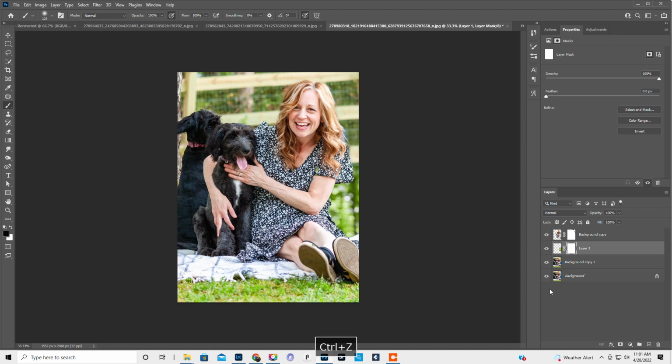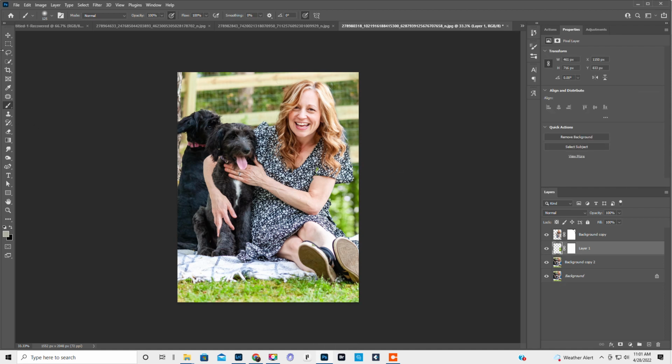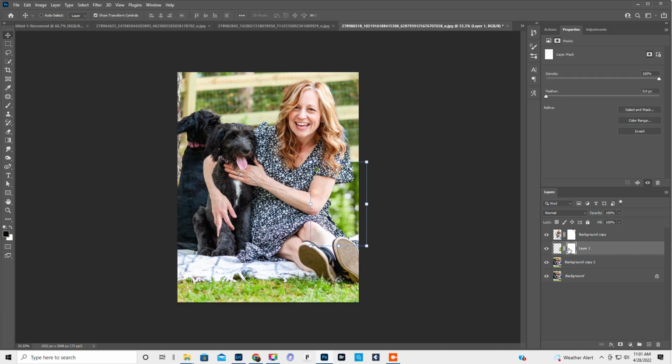Hang on a second. We're going to click back on the grass layer. I am going to bring it up to the fence because you can see the guy's shirt a little bit. Click the check mark, go back to the layer mask. Now we're going to do a black brush. So now we can just do click, click, click to make it a little bit blurry. Okay, so now we're going to go back up to her layer mask. Whoops. We want a white brush, and we're going to bring back in,